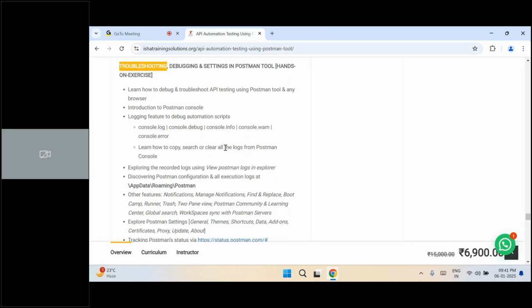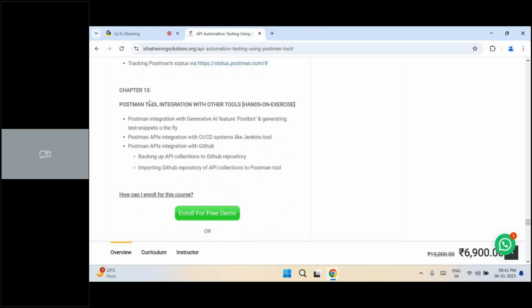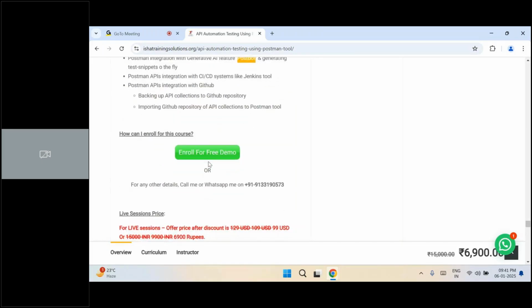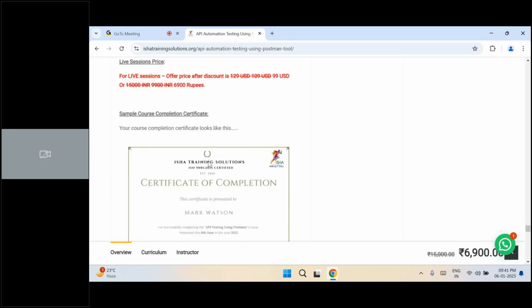And finally, the last chapter, chapter 13, focuses on integration of the Postman tool with other tools. So I'm going to teach a Newman integration, a GitHub integration, a Jenkins integration, and the Postbot integration, which is like a ChatGPT built into the Postman tool. That will help you to write automation scripts on the fly. Without knowing JavaScript, you can write the scripts on the fly. That will make you feel comfortable, confident, and like an expert. So these are the different integrations that we are going to learn in this course, especially in chapter 13. Okay, so this is what I have as part of the overall course.